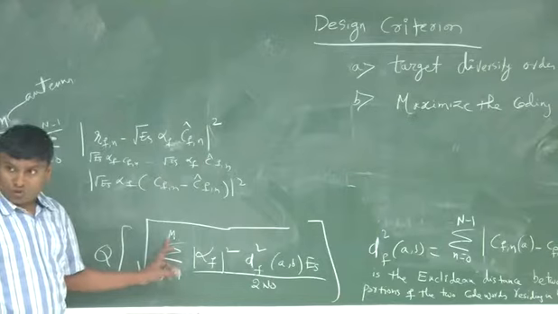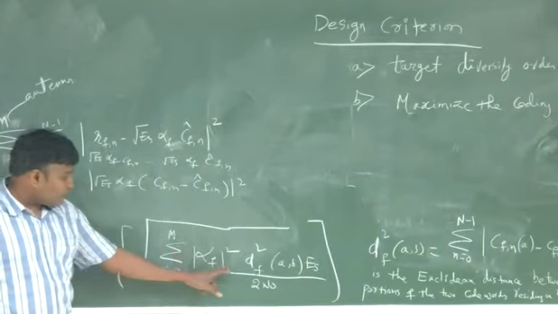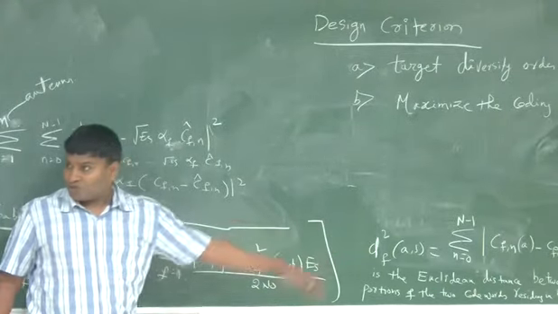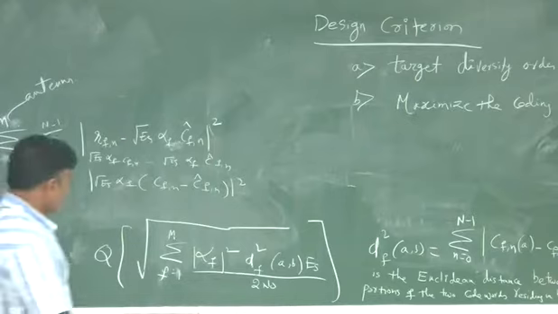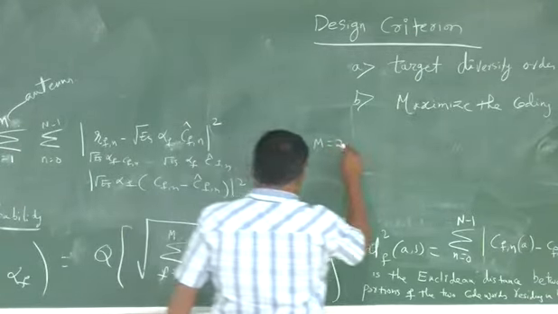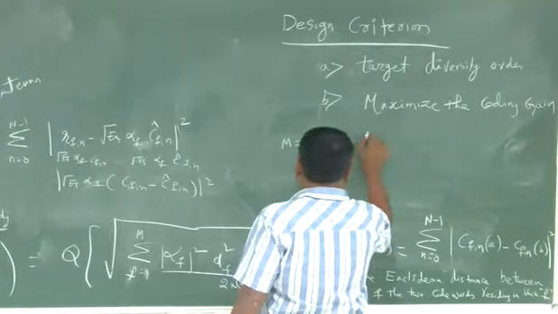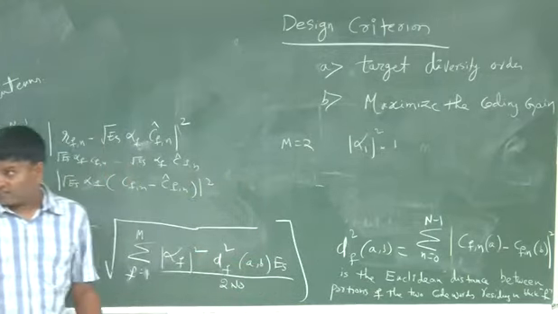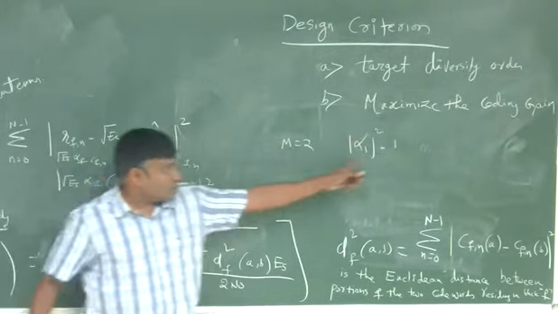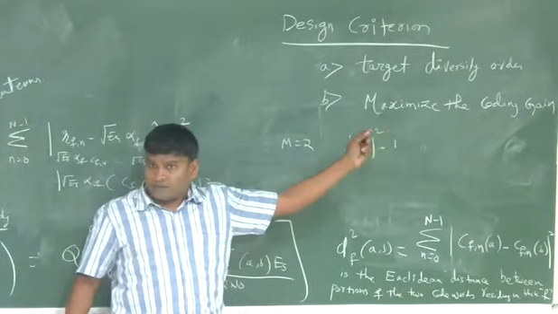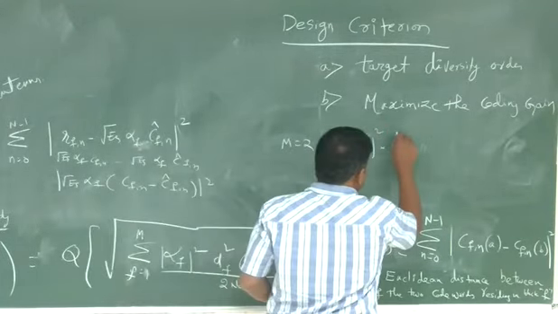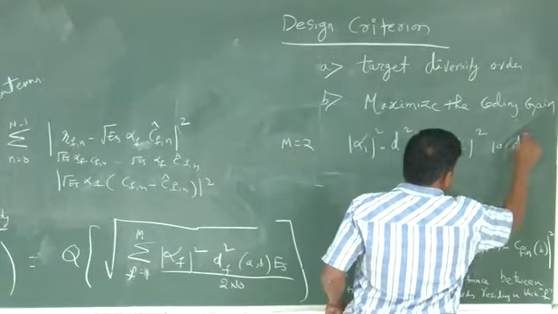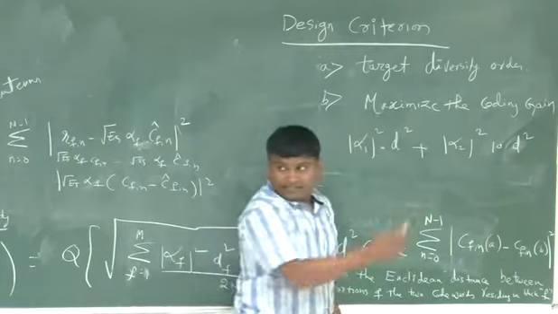That doesn't mean that you maximize the coding gain, because you don't want to have a situation where, let's take m equal to 2, you don't want alpha f square to have a weight 1 for f equal to 1 and a weight 10 for f equal to 2. In other words, for m equal to 2, you don't want to construct a code where you see alpha 1 square multiplied with the corresponding Hamming weight, well, Hamming and Euclidean are synonymous here, because I'm saying that in one position they differ, but there may be some distance associated with it. Let's say 1 d square plus alpha 2 square multiplied by 10 d square, or something like that.